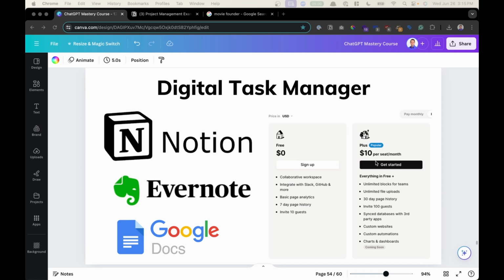Okay, it's not required. You can use Google Docs, but I'm going to tell you, you're going to have a very difficult time, because Google Docs aren't a task or project management tool. Yes, there's Evernote, and it can also function as your digital notebook, but none of them compare to Notion. Yes, Notion has a high learning curve, but we also have a full Notion deep dive course in this membership